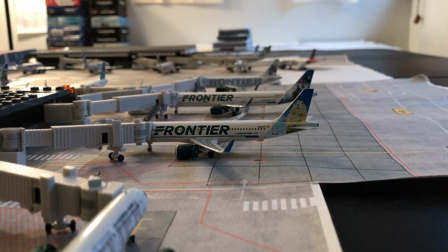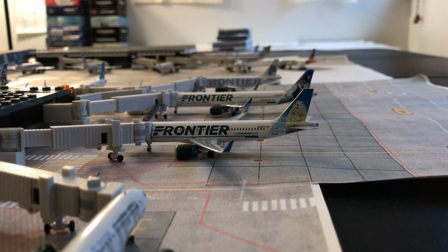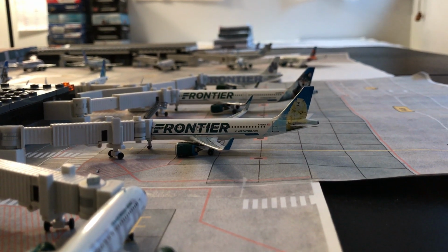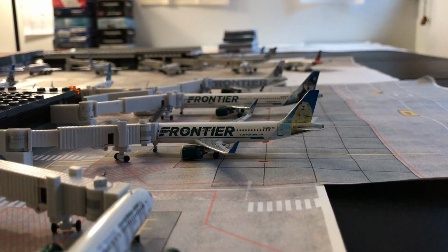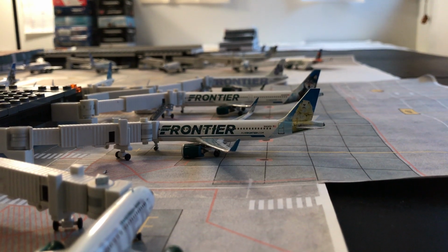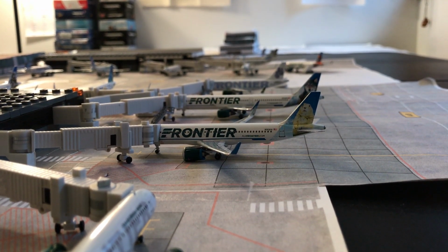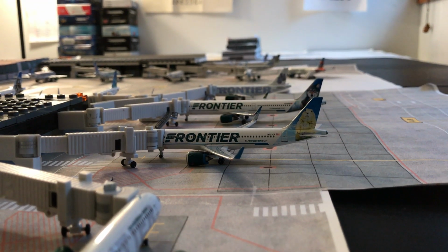This one here, if you can see, is my Frontier Airlines fleet. I'm doing a quick little fleet update. My Frontier fleet is insanely big right now: 18 aircraft. I'm super psyched how many planes I have in it. I've really grown it recently, and I just wanted to do a video to show everything that's in